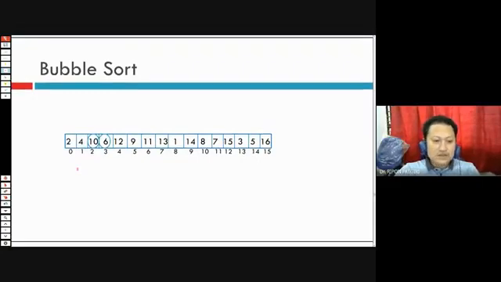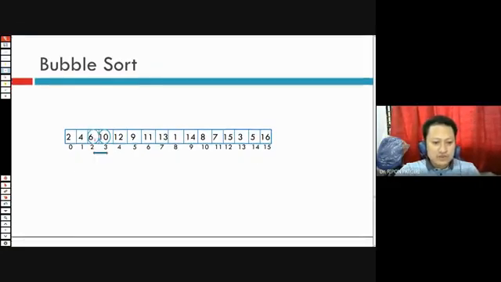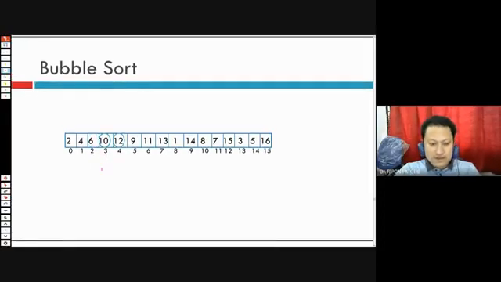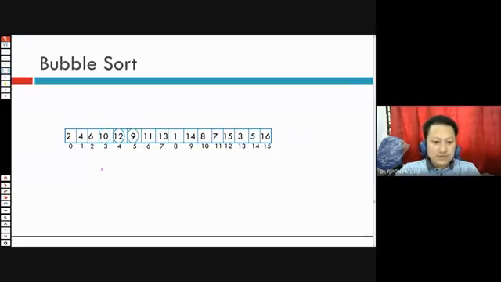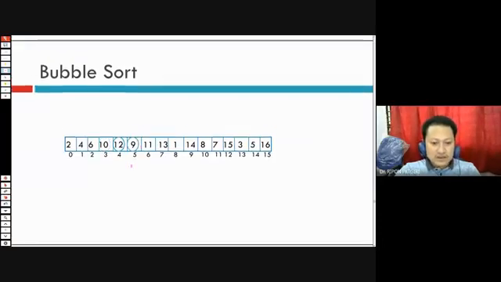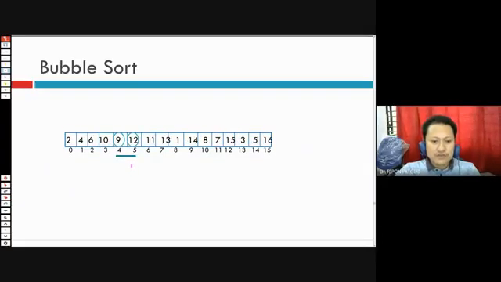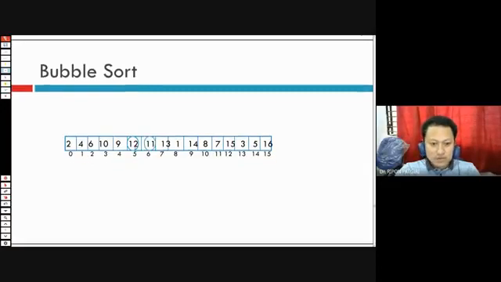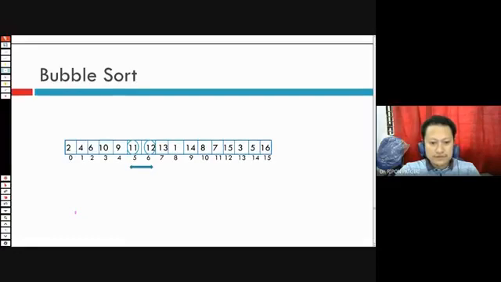No, so we swap it. 12 and 10, is it in order? Yes. So 12 and 9, is it in order? No, we need to swap. Then 12 and 11, is it in order? No, we need to swap.